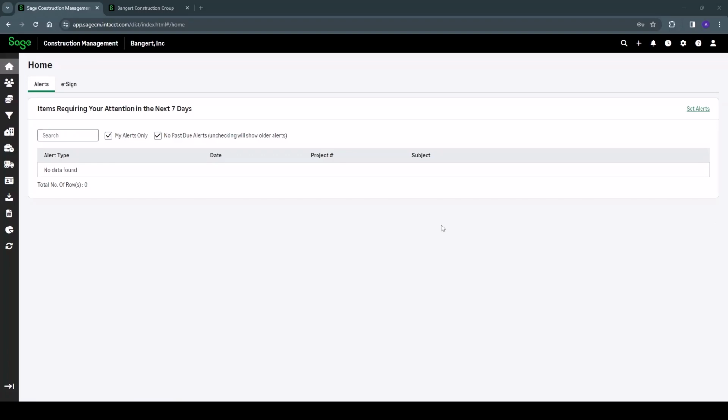In the next clip, we'll talk about changes and enhancements to Sage Construction Management integration with Sage Intacct. First off, in the month of February 24, Sage Construction Management has been moved to Microsoft Azure platform. That will align Sage Construction Management with Sage's global strategy, and as a side effect, we can expect increased and enhanced performance and increased storage capabilities.